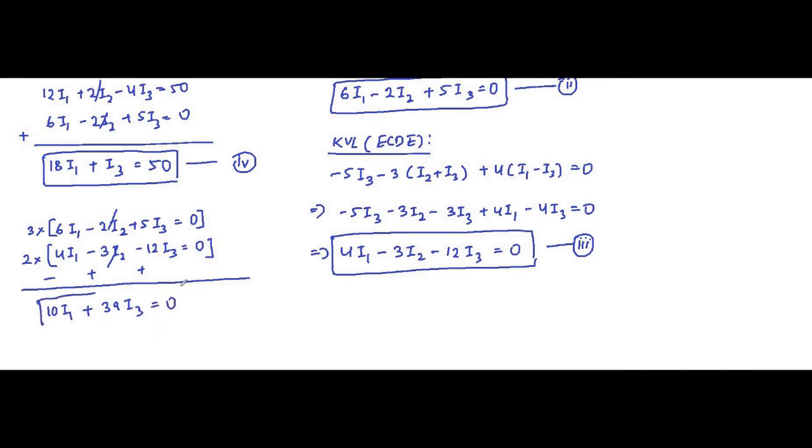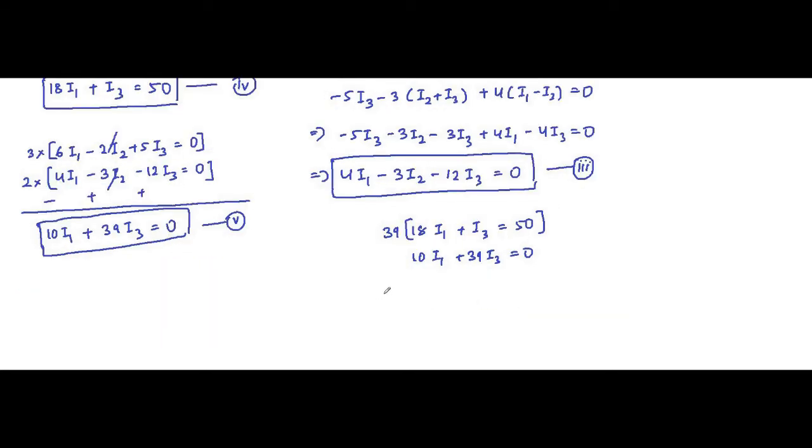So this, let's say, is equation 5. Okay. So here we have two equations, 18I1 plus I3 equals 50, and here we have 10I1 plus 39I3 equal to 0. So here we can multiply by 39 here and then subtract it. So in that way we will have how much? 39 into 18 minus 10, that will be